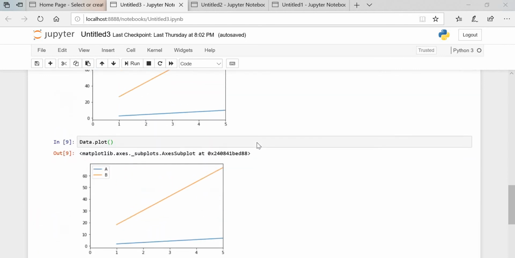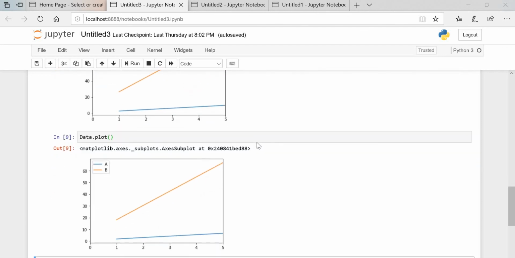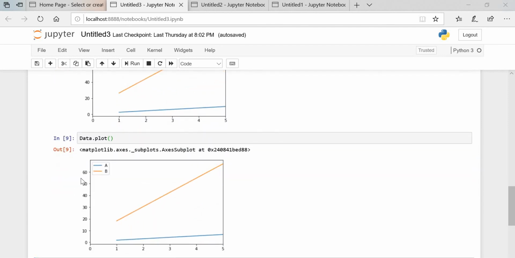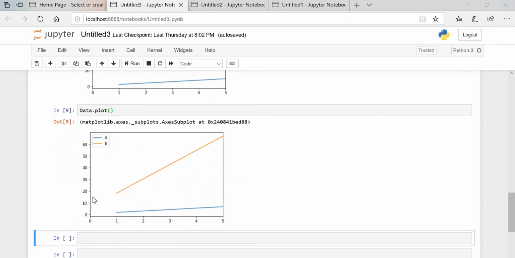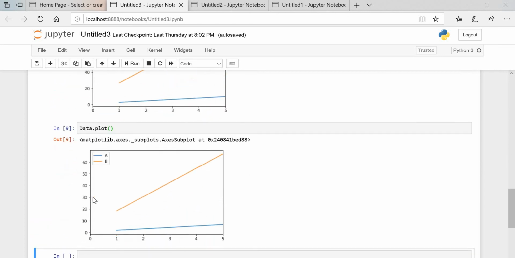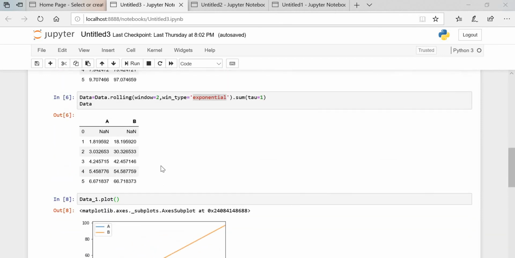You can see the graphs look the same, but this one is going till 60, and this one is going till 100. This is the difference; we took random points.